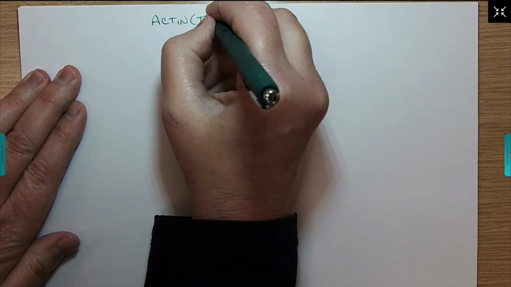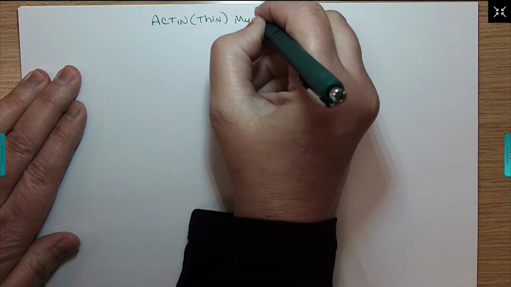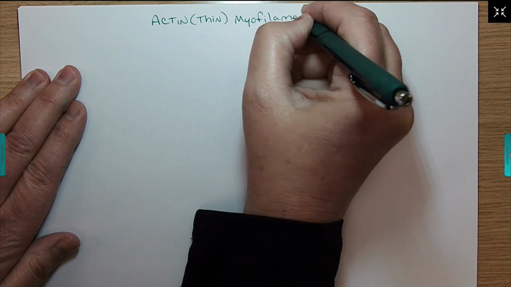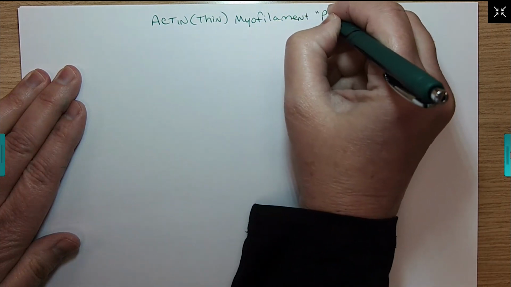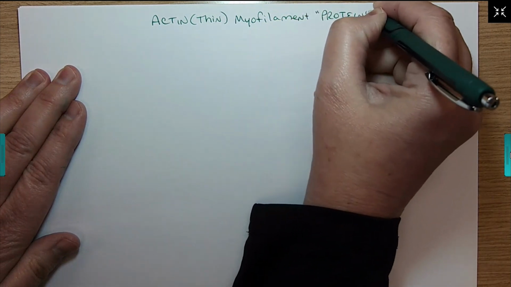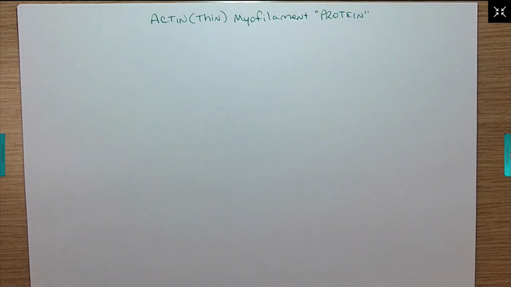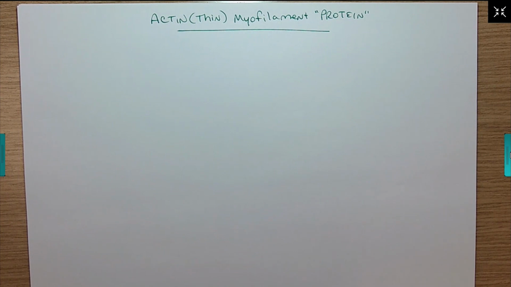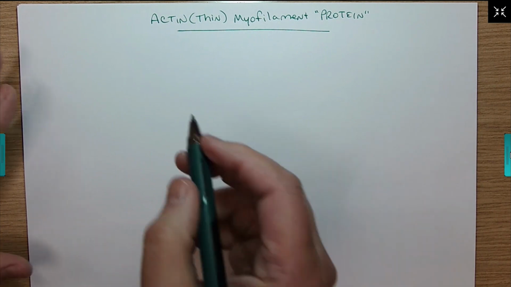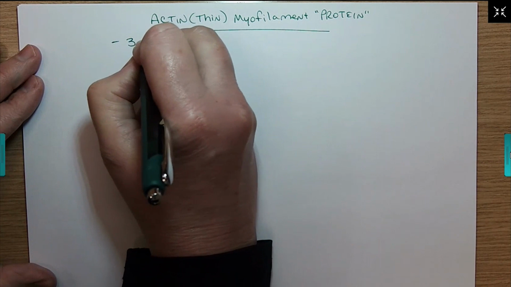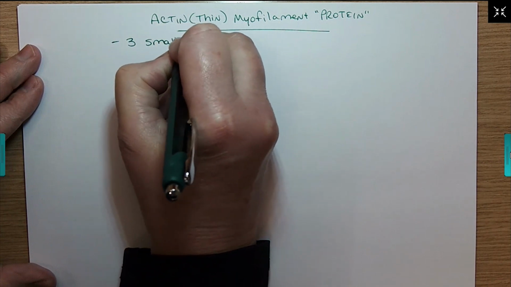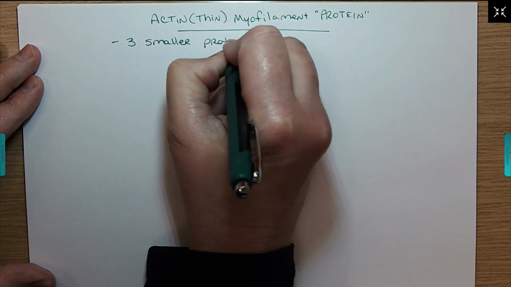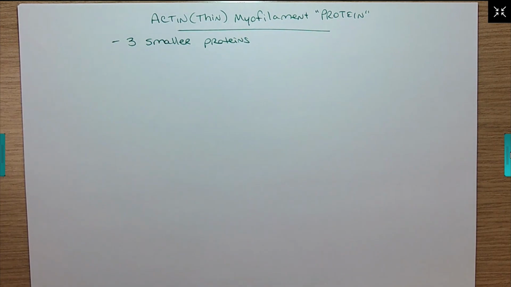Remember, it's the thin myofilament. And again, it's just a protein made by the ribosomes at the direction of the DNA inside your nucleus. I mean, so your body makes these all the time, okay? Now, actin is made up of 3 smaller proteins that make this big, huge, thin actin molecule up. And we're going to take a look at each one of these